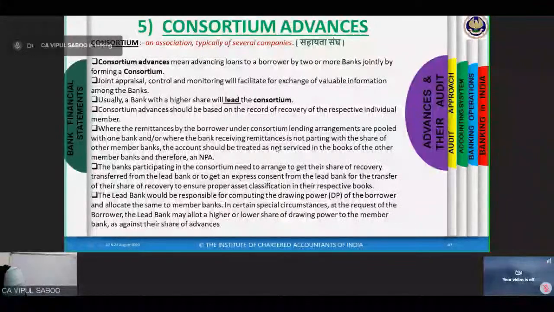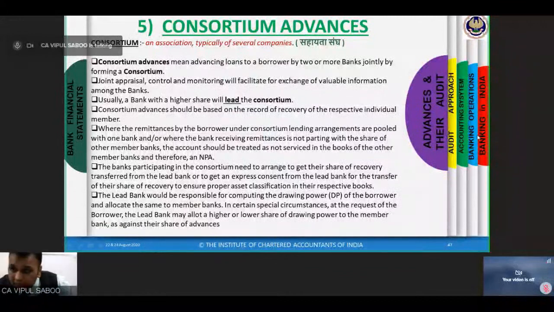So consortium advances should be based on the record of recovery of the respective individual member, where the remittances by the borrower under consortium lending arrangements are pooled with one bank, or where the bank receiving remittances is not parting with its share to other member banks. The other banks would treat it as NPA in their books, although it is not NPA in the lead bank's books. So the banks need to arrange for their share of recovery, and the lead bank would be responsible for